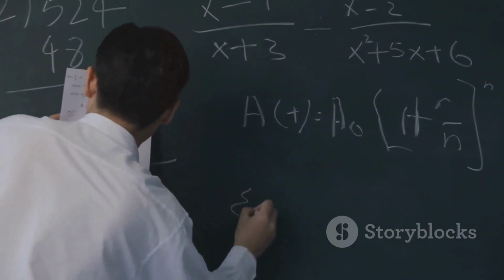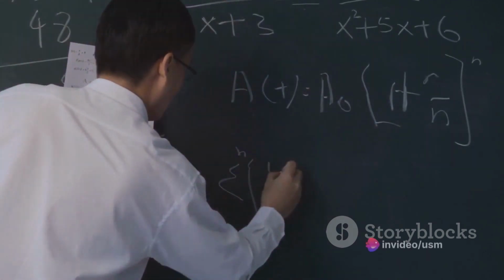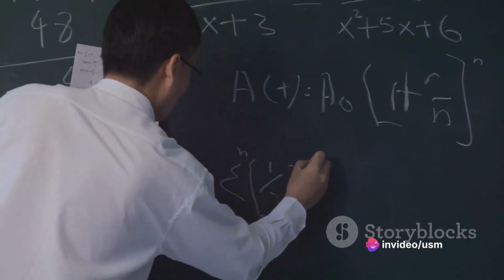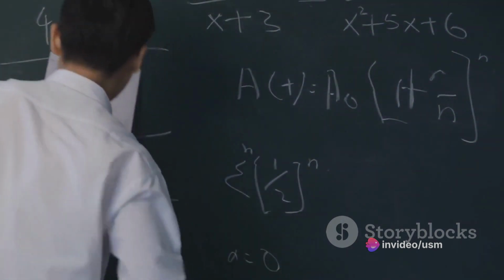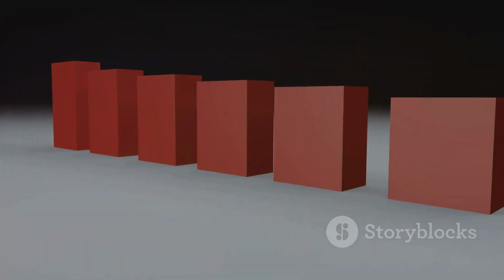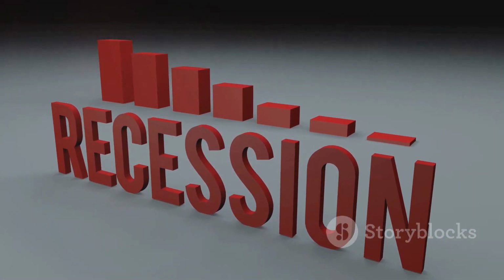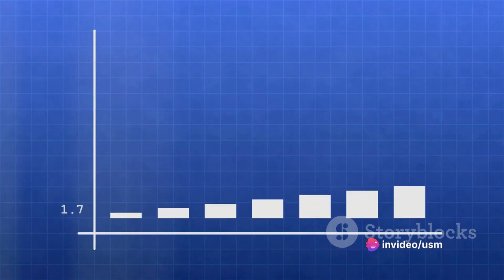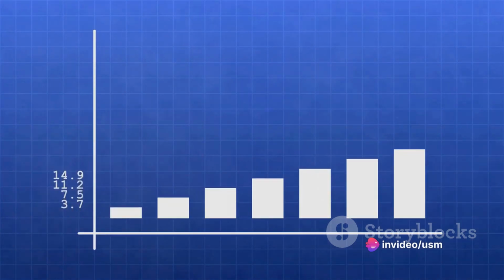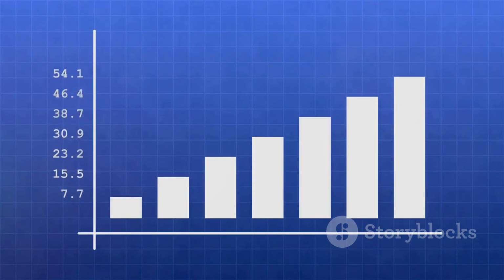Next, we set up our regression equation. This is where we identify our dependent variable, the one we're trying to predict, and our independent variables, the factors we think might affect the dependent variable. Here's where it gets interesting. We run the regression, and our software churns out a host of numbers. Among them are the coefficients for each independent variable. These coefficients tell us the expected change in the dependent variable for a one-unit change in the independent variable, all